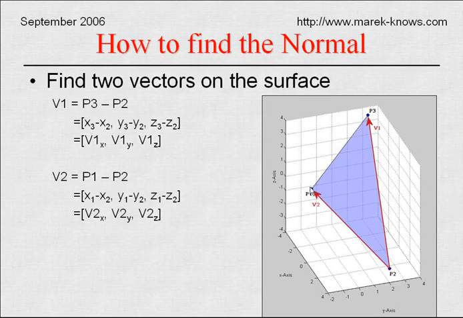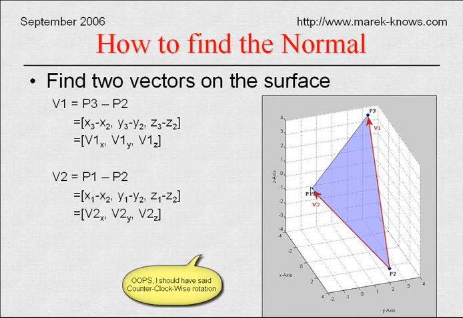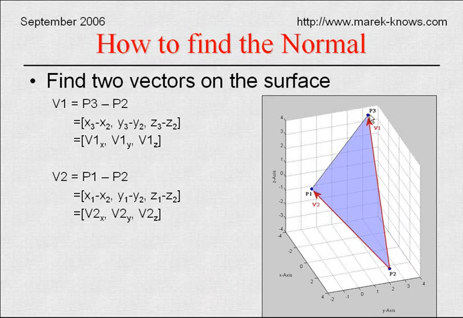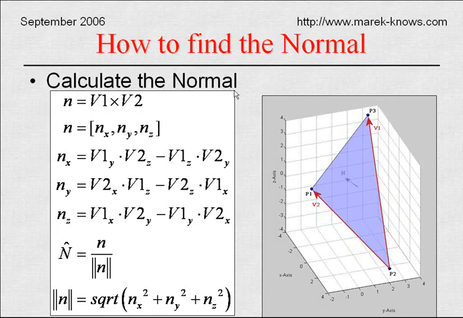For us, we have P1 down here, P2 down here, and P3 up here. So for clockwise rotations from P1, P2, P3, we define vector 1 to go from P2 to P3, and vector 2 to go from P2 to P1. This is important in the next step,